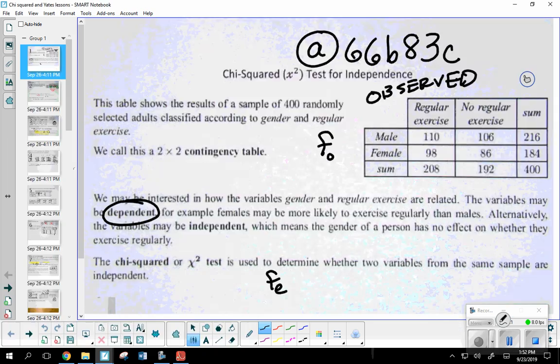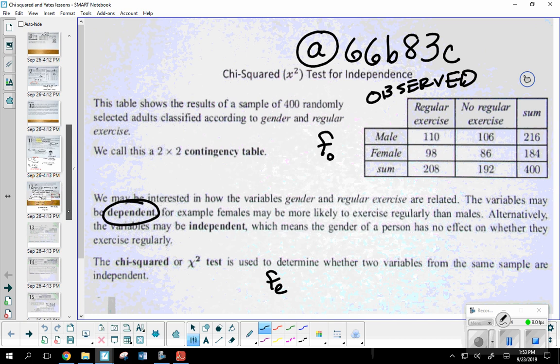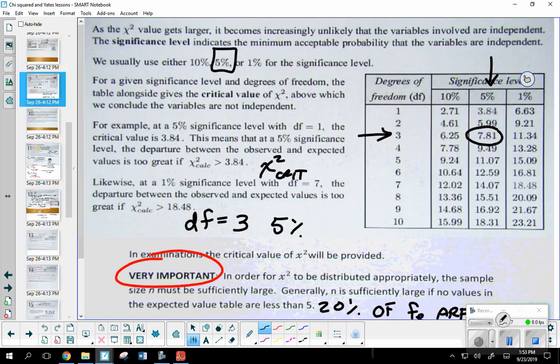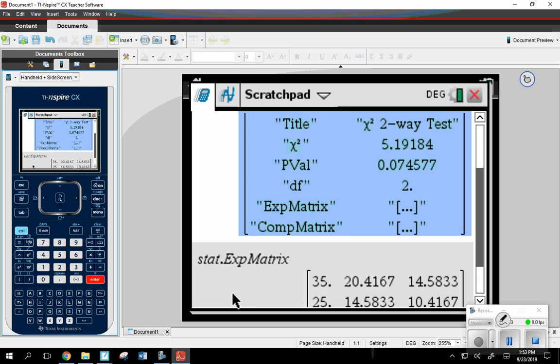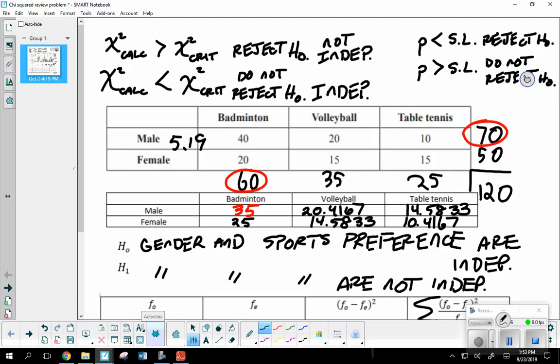But does anybody remember, how do I find my critical value? Remember this chart here in the notes that I provided. I said let's test it at 5%. But that's a lot of numbers in the 5% column. How do I go ahead and decide which one to use? What was my degrees of freedom? It was 2. So it looks like my critical value this time is going to be 5.99. So let's come back over here. I'm going to compare that to 5.99. So 5.19 is less than 5.99.